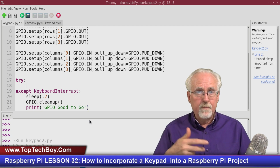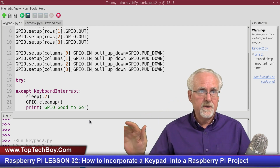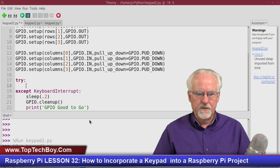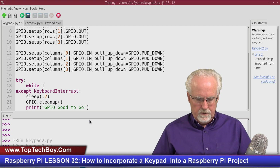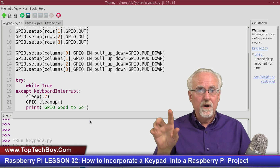Well, this is where I'm going to need to read each one of those 16 buttons every time. So what will I do? I'll say while True. Okay, and what I'm going to do first is I'm not going to worry about the